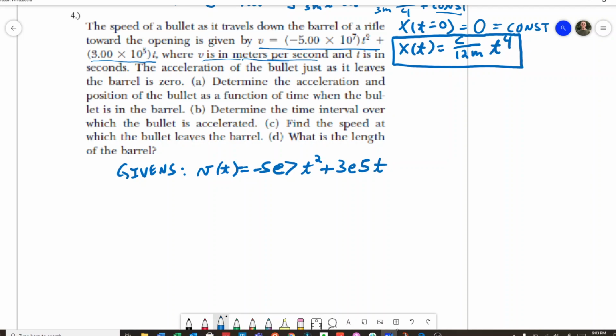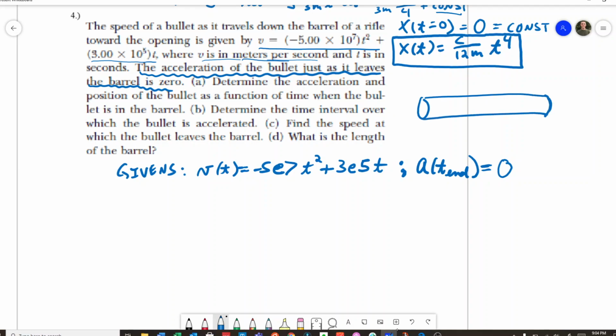The acceleration of the bullet just as it leaves the barrel is 0. Now this one is my boundary value. I always like to write down my givens in terms of symbols that can be used in our equations. So let's say the acceleration at t end, we'll call t end the time when the bullet gets to the end of the barrel, is going to be 0. That makes sense, right? If a bullet is shot out of a gun, the acceleration is going to be 0 by the time it gets to the end of the